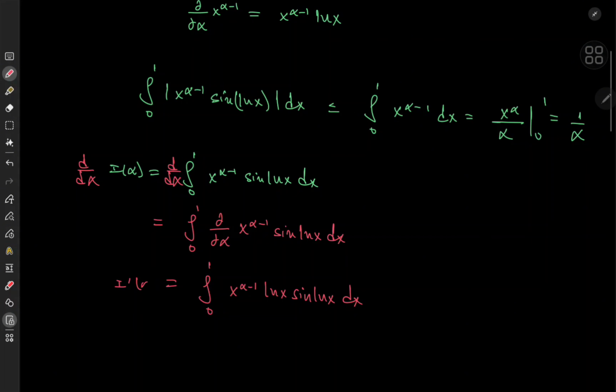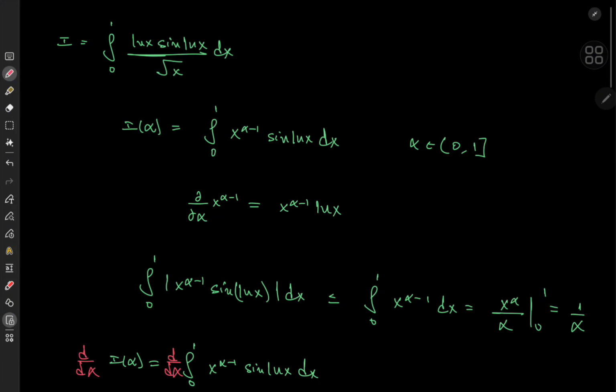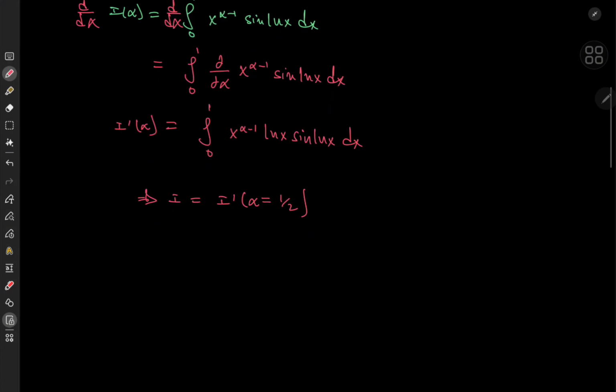So we do have I prime of alpha, and it looks like for the target integral, all I need to do is evaluate alpha at 1/2, correct? So the target integral I is equal to I prime at alpha equal to 1/2. Okay, cool. But that means I need an expression for I of alpha, as in I need to solve this